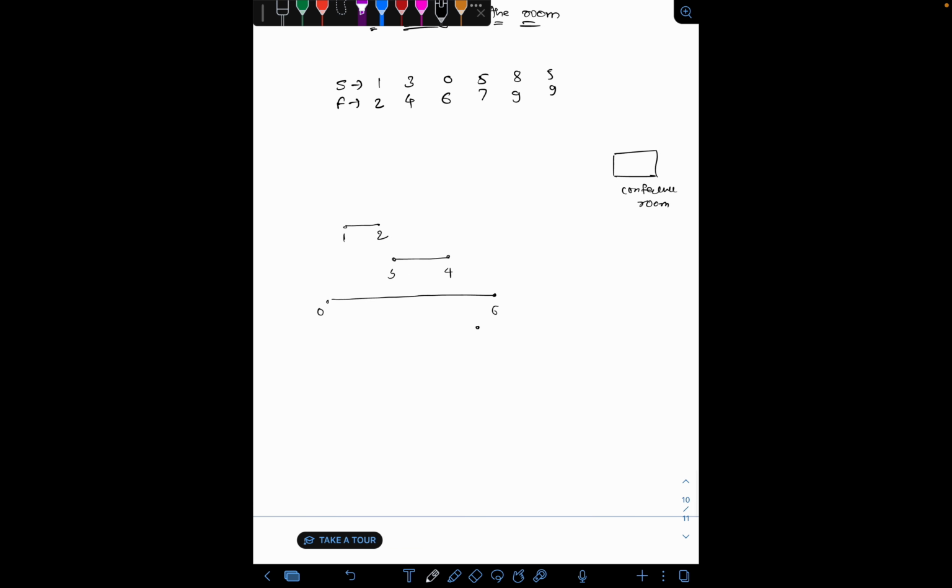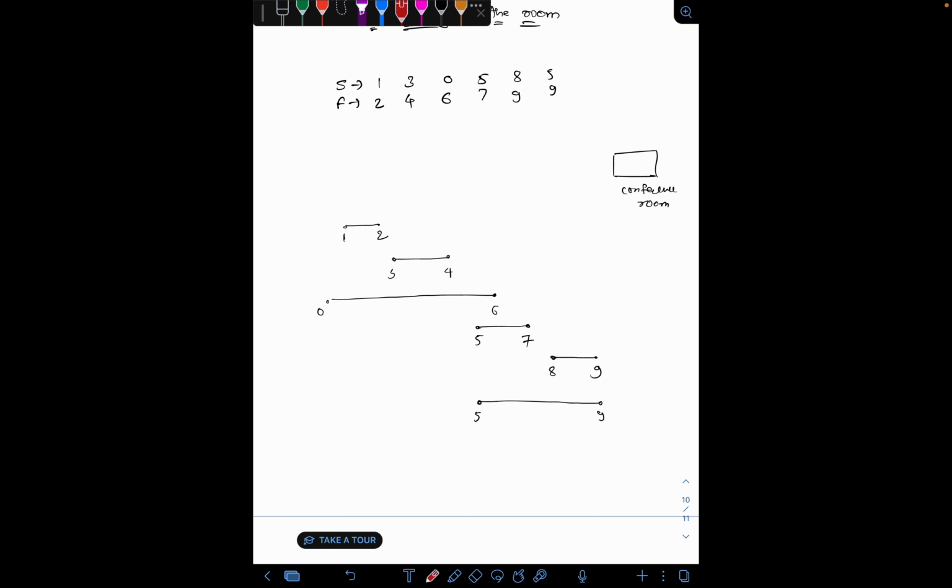Another will start at 5 and end at 7. One more will start at 8 and end at 9, and one more will start at 5 and end at 9. I have drawn this just to completely understand how things are going to work here.